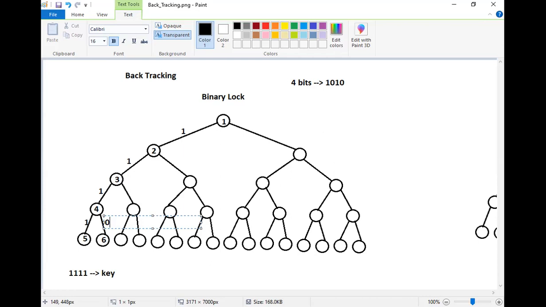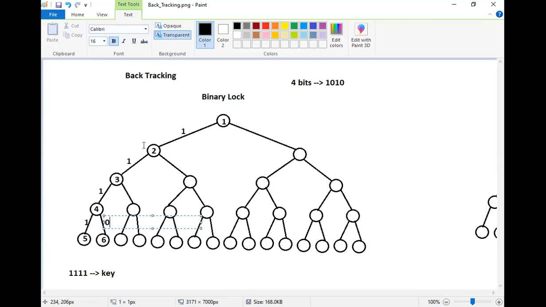I started with the root node, that is the vertex node, root node 1, and then I just kept on naming the different nodes there. From 1 to its below level 2, I selected one among the 2 paths, either path 1 or path 0. I chose path 1 and I went from 1 to 2. After I reach from 1 to 2, I will not get the solution.